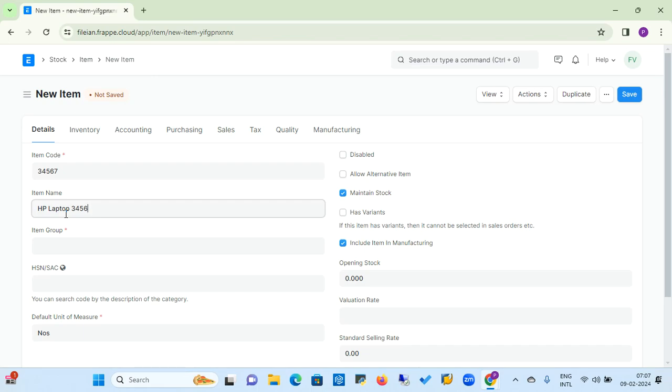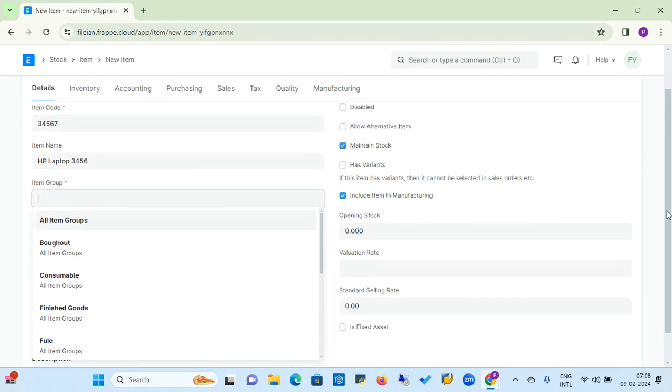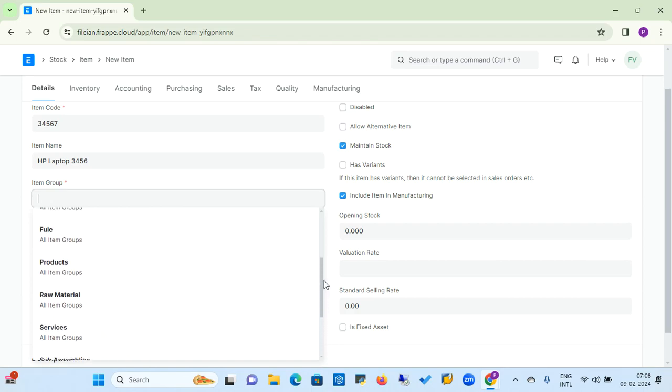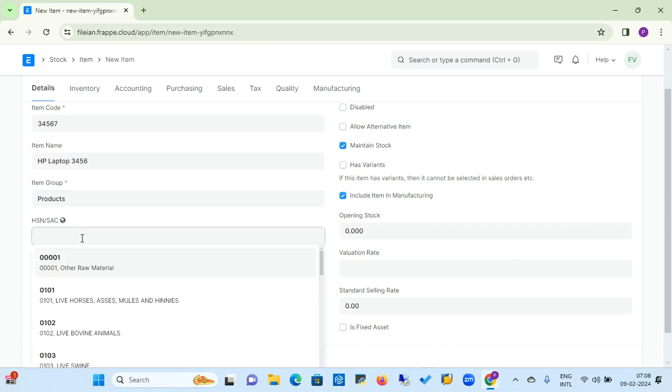3456 model. And now item group would be these kind of item groups available in the ERPNext system, which will be available in any other ERPs. For example, bought, consumable, finished goods, subassembly, service, raw material, and products. So for this, I'm selecting a product, and obviously I need to enter HSN code or any taxation code as per your country,